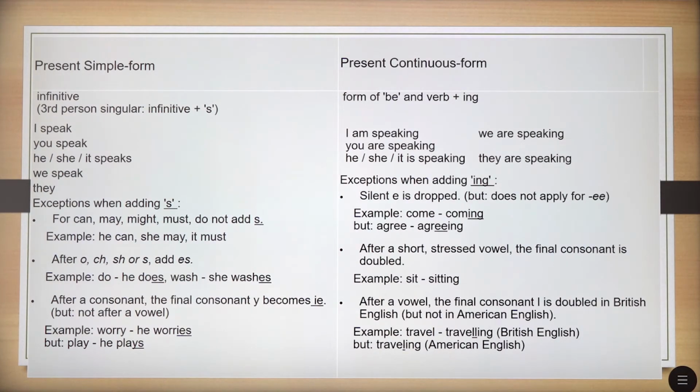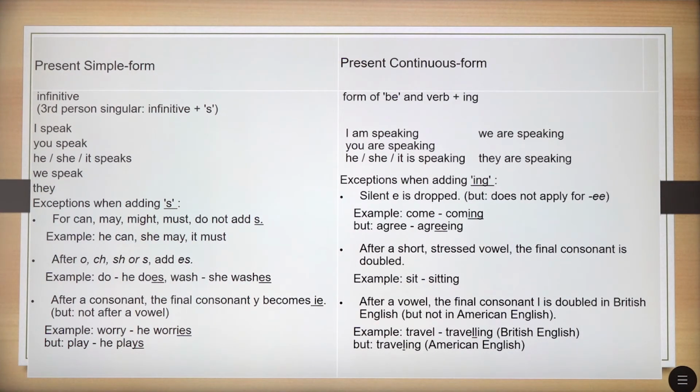But the present continuous form, as we said before, is different from present simple, of course. We form it with the verb to be and the main verb plus ing. For example, I'm speaking, you are speaking, he, she, it is speaking. We are speaking, they are speaking. The exceptions in present continuous: